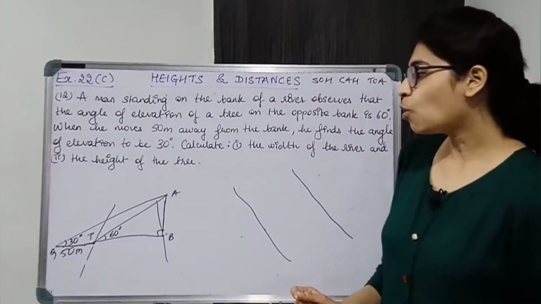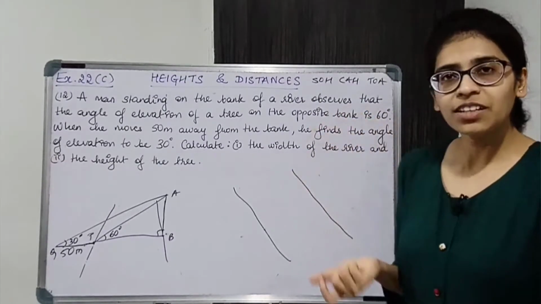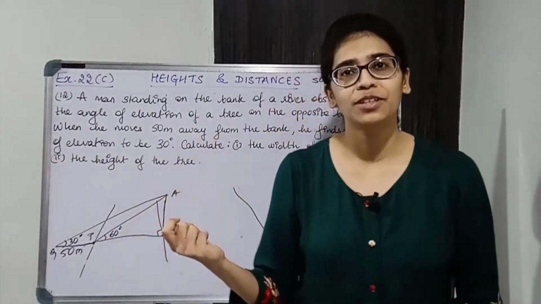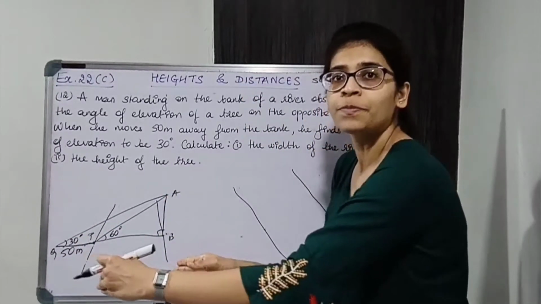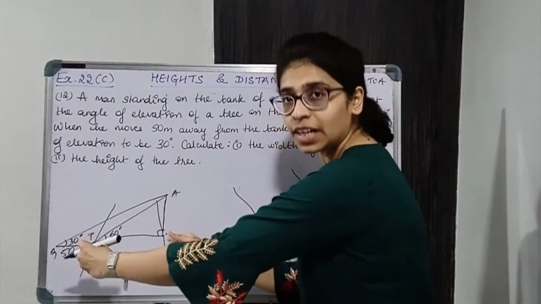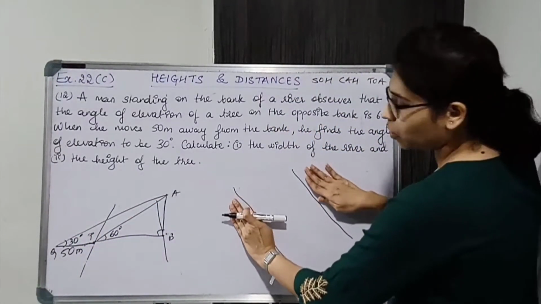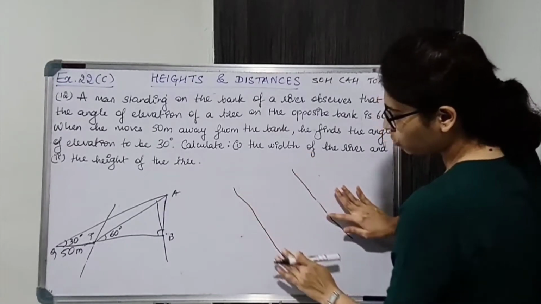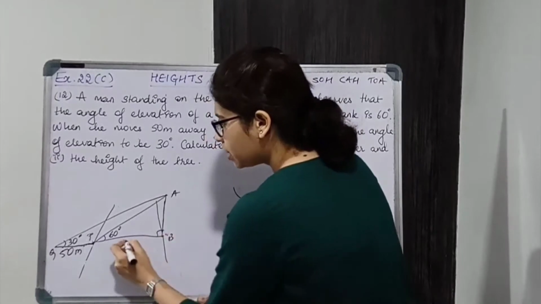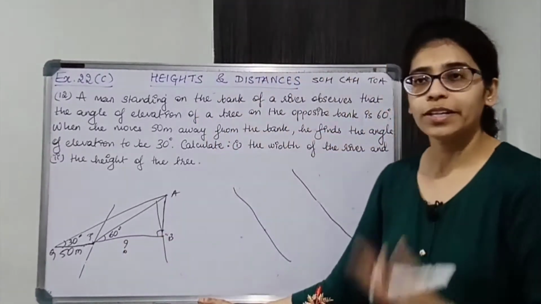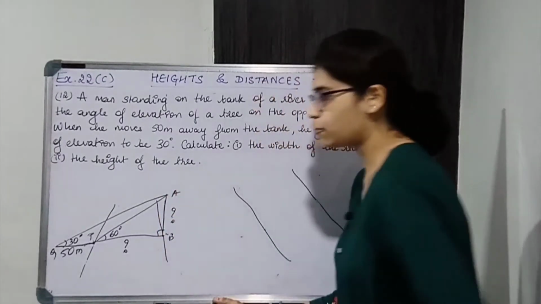Okay. So now we need to find the width of the river. Width of the river क्या होगा? PB is the width of the river. ये बैंक है, ये बैंक है, in between there is river flowing, so that is the width of the river. इतना wide है river. ठीक है. So ये बैंक एरिया हो गया, ये बैंक एरिया हो गया, in between का पोर्शन जो होता है that is width of the river. ठीक है. So PB is the width of the river, that is what we have to find. What else do we have to find? The height of the tree. Height of the tree is AB. So we have to find this.